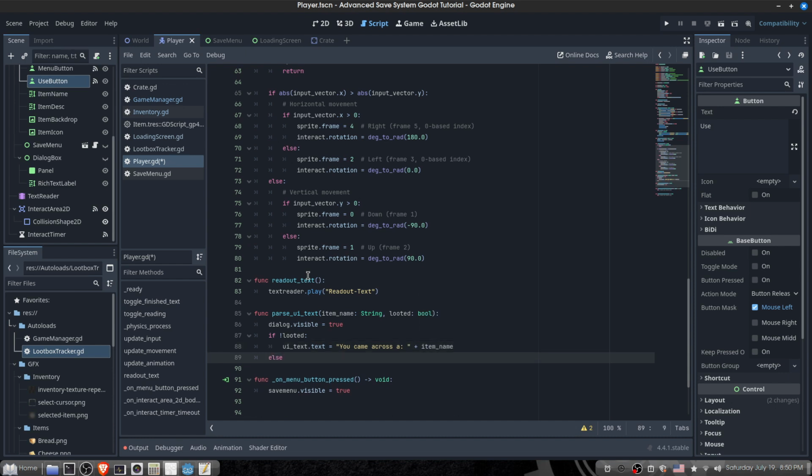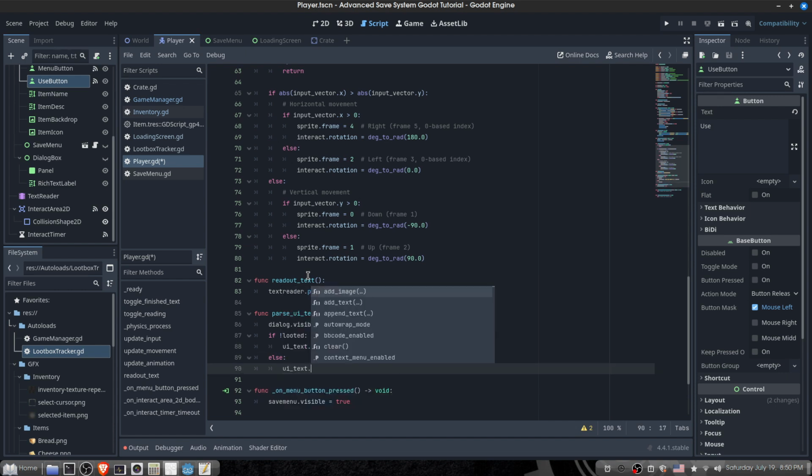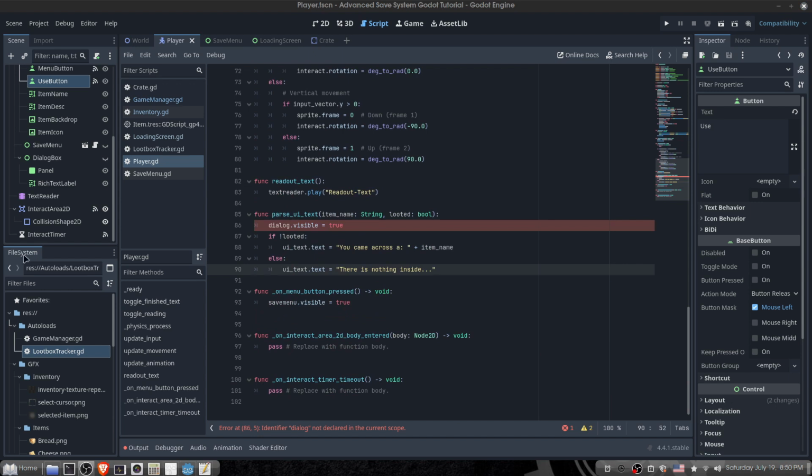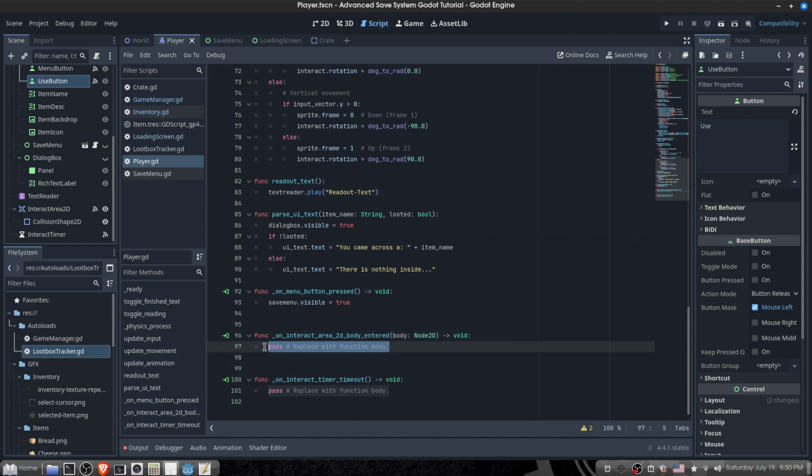Else, if the item has been looted from the crate, it's going to do UI text dot text is equal to there is nothing inside because you've already looted it. There we go. Save that. Forgot to add in dialog box here. Save that. Okay, and now under our interact area 2D,